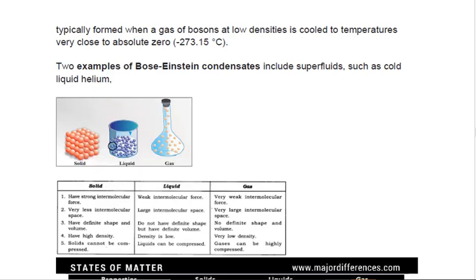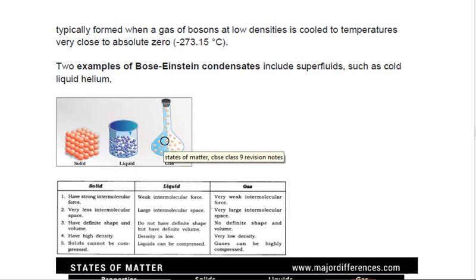In solid it is very high, in liquid a little less compared to solid, and in gas very less compared to liquid, right? So suppose the gaseous molecules are very far away. If we apply pressure on this, they can come closer like this, then it will be liquid. Same gas, then it will be liquid. If we apply more pressure, then it will be like a solid. So these are the physical factors which affect the state of matter.